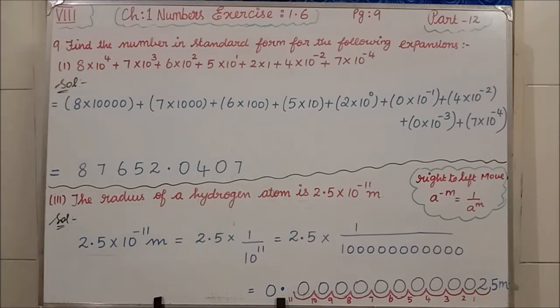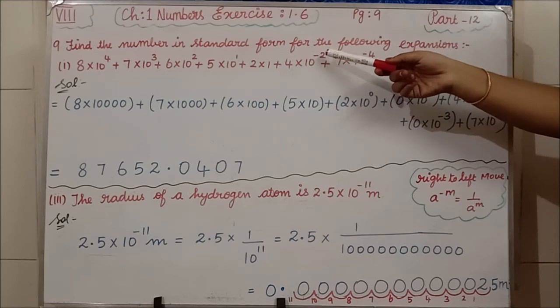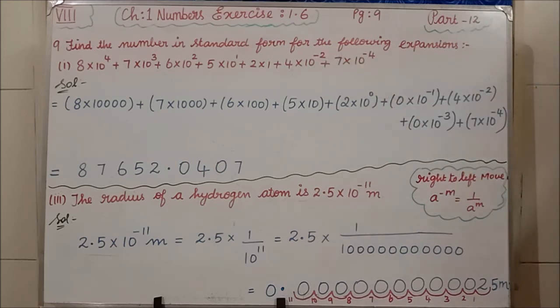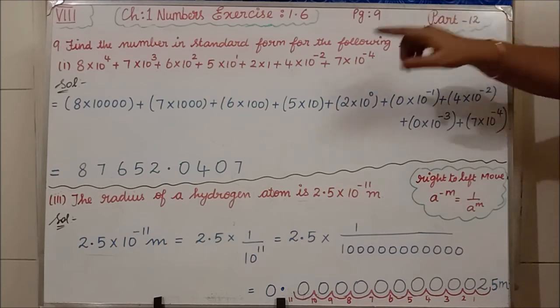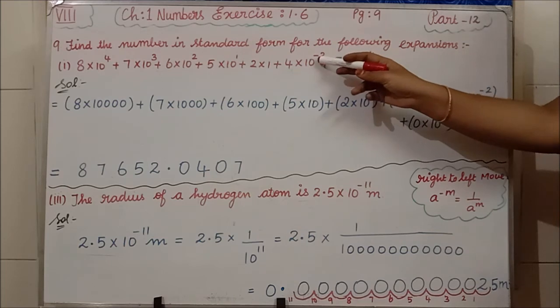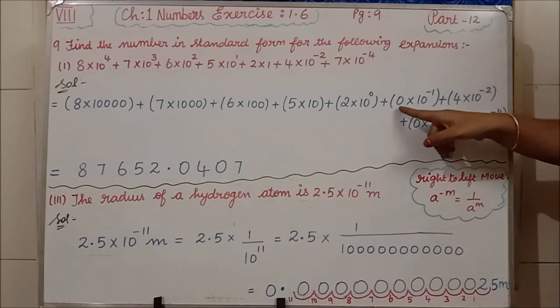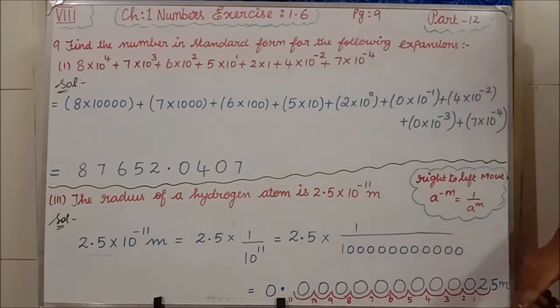Now, next we will see the negative power. Negative power will come after the decimal value. Now if you see the question, negative power, it is starting from what? Minus 2. From where it has to start? From minus 1 the negative power has to come. Isn't it that minus 1 is missing? Then minus 2 they are given. Whether minus 3 is there, that also missing. They are given minus 4. So what are the terms we are missing? That we have to put 0 into here. Before minus 2, minus 1 is missing, isn't it?